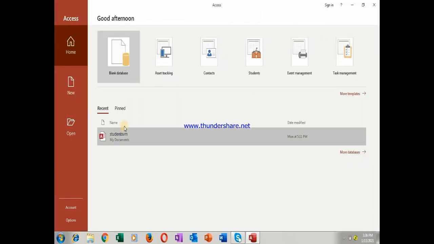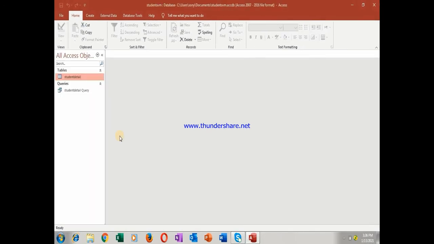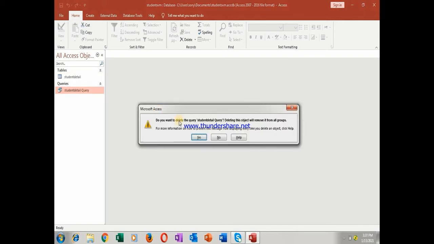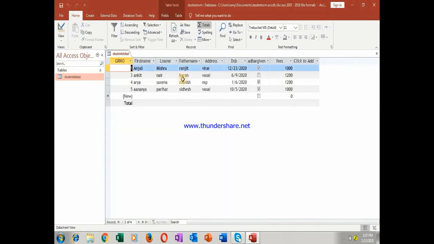Okay, so first go to this table. We have already created this student table, you know. So click on this table. For queries you need to make a table and store some data in that table, then only will you be able to generate queries. Okay, see, I am just deleting this query. Now this is our student table. Now I will generate some queries.